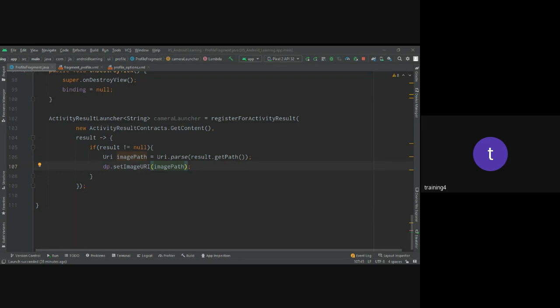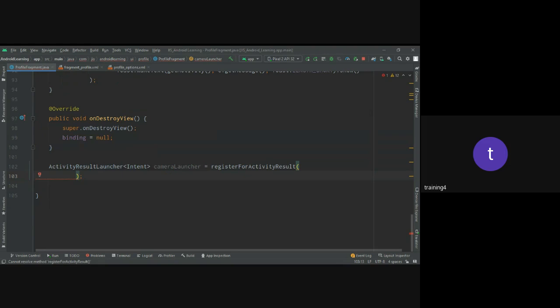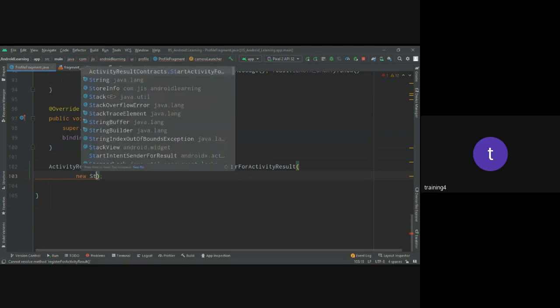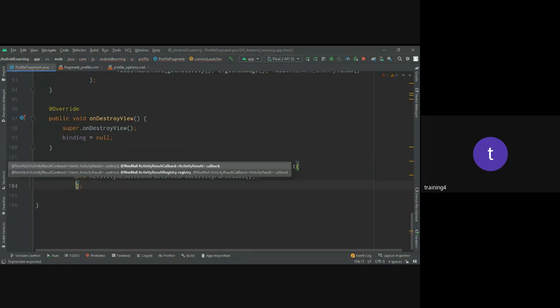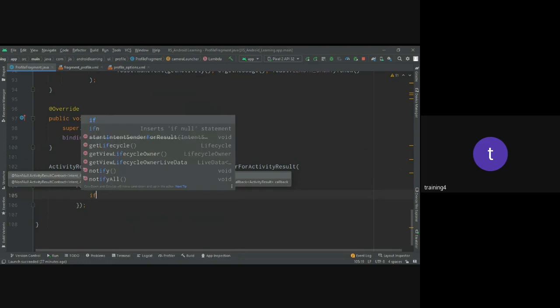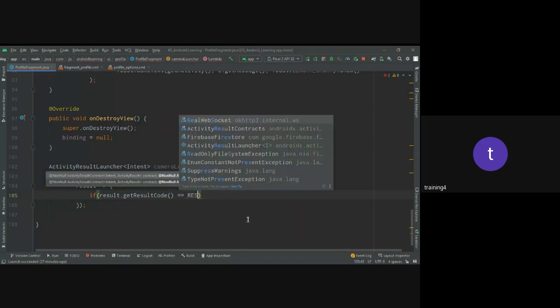One second. Let it be intent. Intent. Do not make it like this, otherwise we are going to get an error. Wait, just a second, let me change it. New start activity, comma, result activity. If result dot get result code equals result